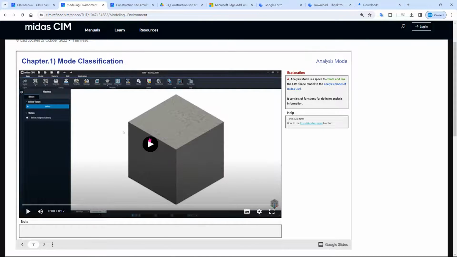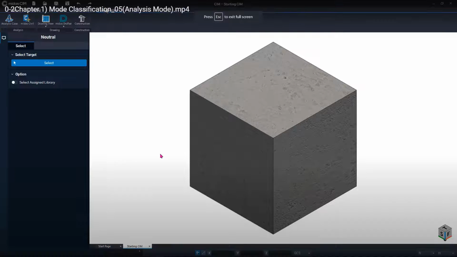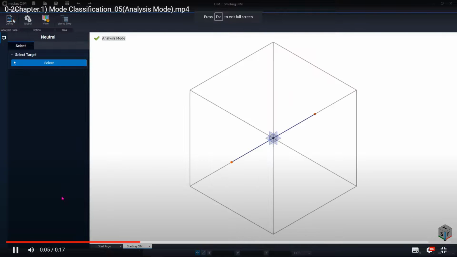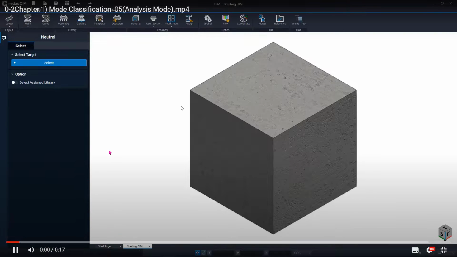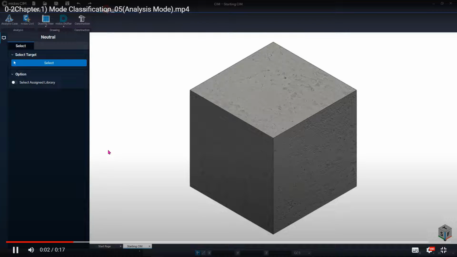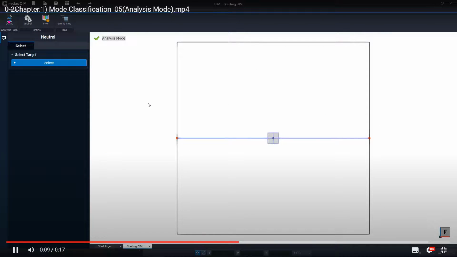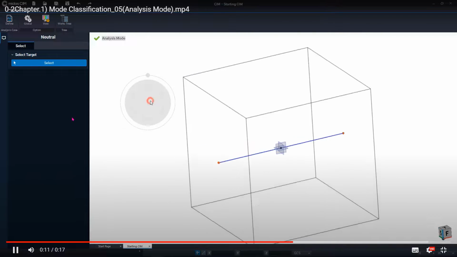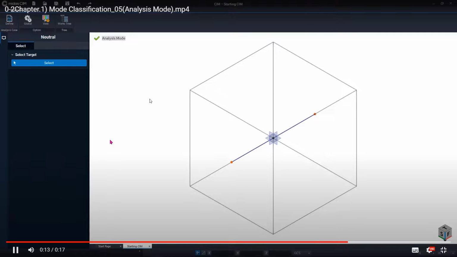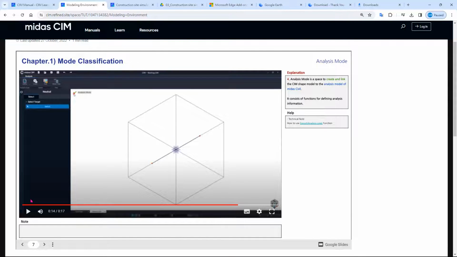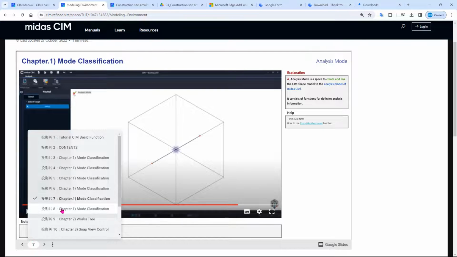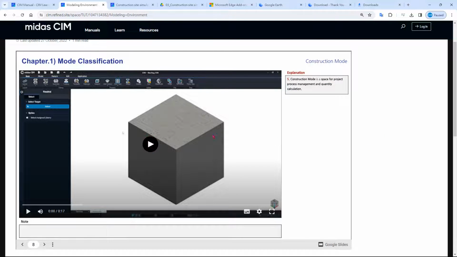And in here, regarding creating the analysis model for Midas Civil, let me show you. Usually we can click on the application analysis case, and in here you can define the analysis mode. Again, this one is just a general type, so you don't have to worry about this.